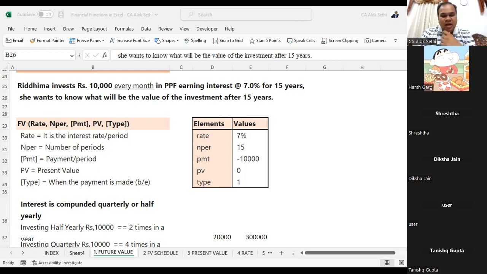What I'm saying is, अगर एक बार इन्वेस्ट करते हैं, आप आज पैसा लगा रहे हैं, एक बार के लिए लगा रहे हैं, that one-time investment will be called PV, present value, correct? But if you are investing the money multiple times, every month, every quarter, every year, on a regular basis for n number of periods, then it will be called a PMT. Getting it? तो पीवी और पीएमटी में इतना सा डिफरेंस है. अगर हम एक बार इन्वेस्ट कर रहे हैं तो पीवी है, अगर हम बार बार इन्वेस्ट कर रहे हैं तो वो क्या बन जाएगा? पीएमटी. क्लियर? चलिए,